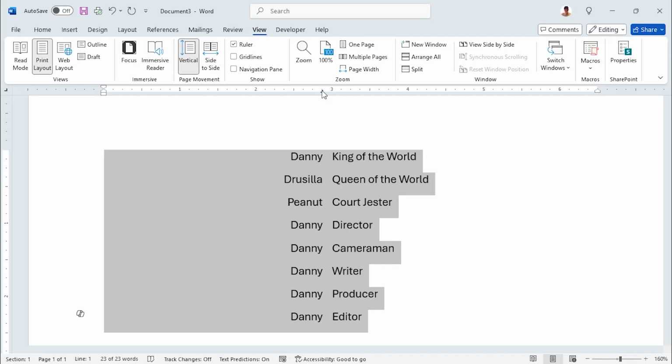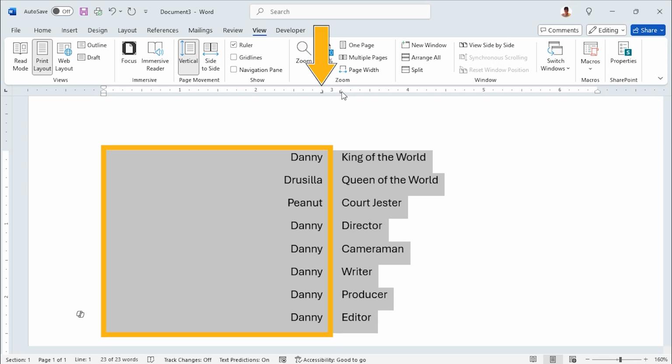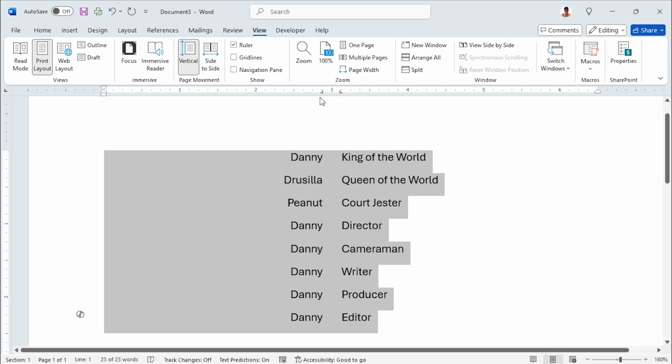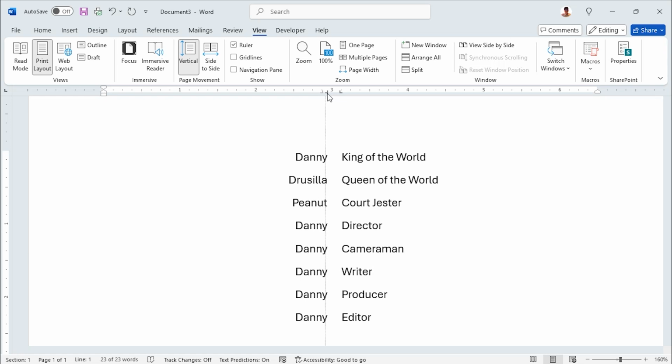Select a left-aligned tab stop from the well. Looks like an L. There it is. And set it just to the other side of the 3 in the center of the page. For example, with all the text selected, you see it line up. Right align and left align. Now you have control over both lists, and you can use the tab stops on the ruler to adjust their position. Moving the text this way or that way